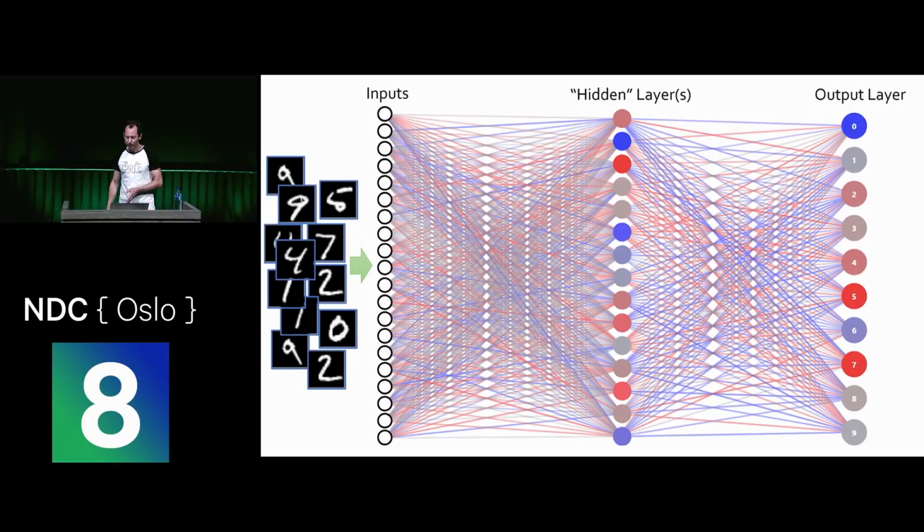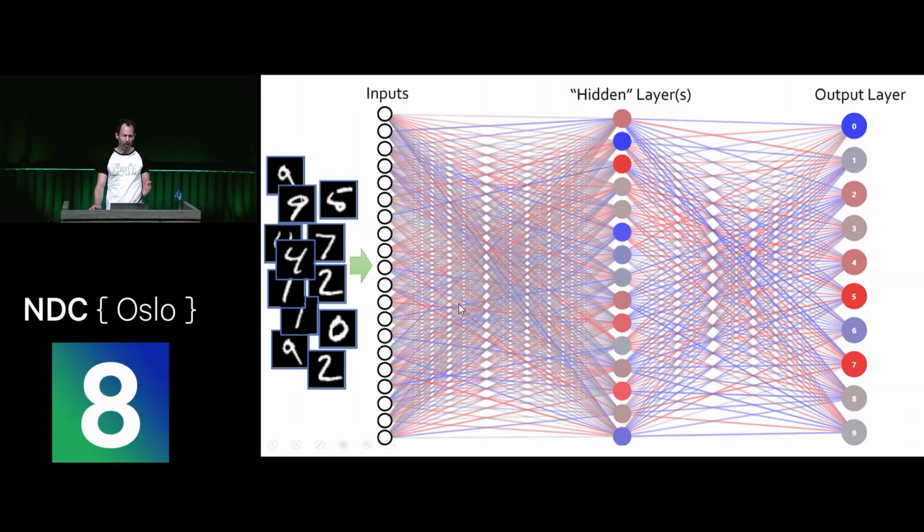Everything in the middle is called hidden neurons or hidden layers. Every neuron in the hidden layer gets its inputs from every pixel of the input layer. And similarly, on the output layer, every one of these neurons derives its input from the outputs of the hidden neurons. So it's a pretty simple configuration.